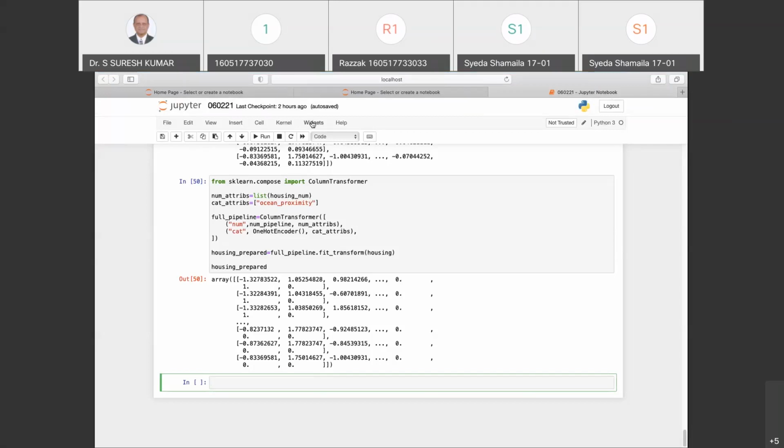It is humanly impossible that everything we are doing in scikit-learn, we again repeat using TensorFlow. The approach is totally different. The approach to solving the problem is totally different.